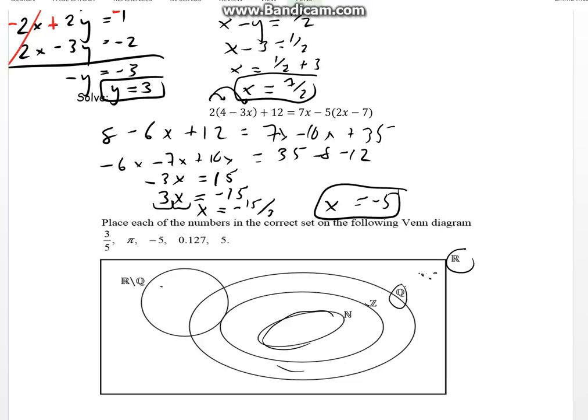So what number can't be written as a fraction? We know pi can't be. It's 3.14 and it goes on and on and on. If you put it in your calculator, it won't give you a fraction. A natural number out of them, natural numbers are whole positive, so 5. Integers can be whole positive or negative, so 5 is an integer, and minus 5 is another integer. A rational number,